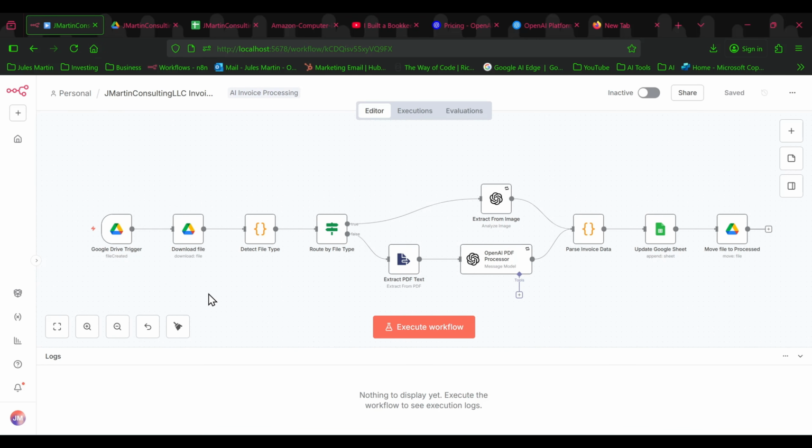So it's broken down into a four-step process. We're going to upload and detect, that's step number one. Then we're going to be using smart extraction using ChatGPT. You can either extract from an image or a PDF, so it's going to route it based on the file type. If it ends in the PDF extension, it's going to go towards the extract PDF text on the bottom. If it's a JPEG or PNG type image, it's going to go up top to the extract from image. So a couple different